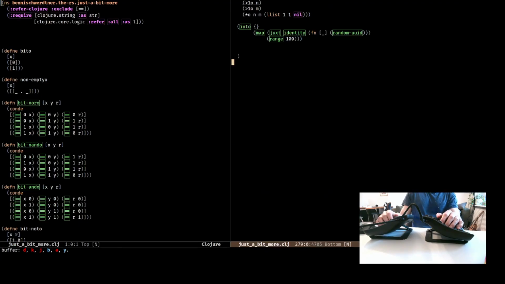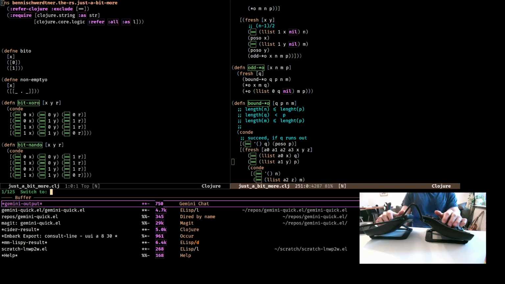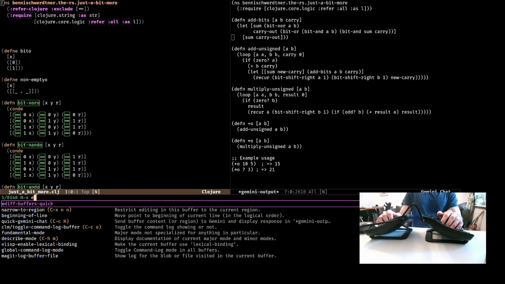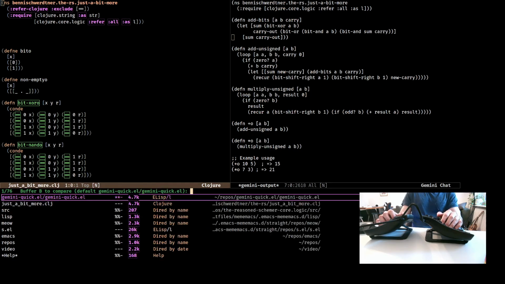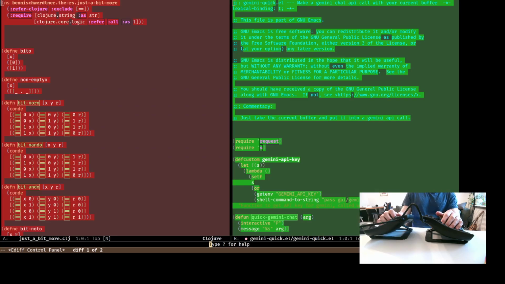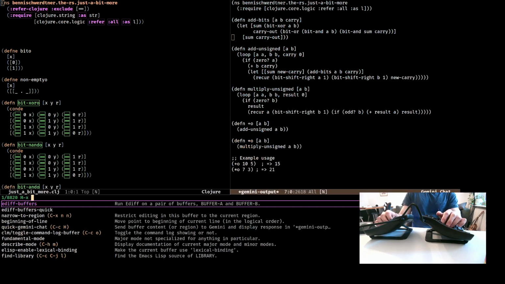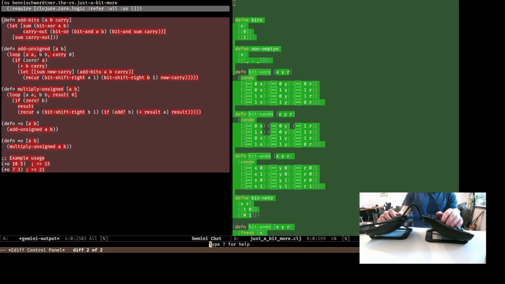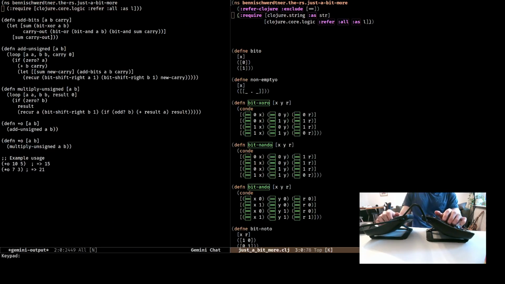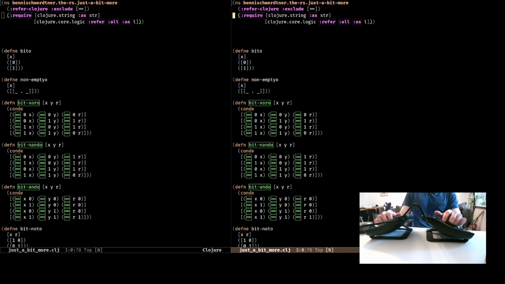Oh, this was the wrong thing. This command log thing is completely in my way sometimes here. Ediff buffers. This and this. Okay, didn't work so well here. Oh, this was not what I wanted. I wanted this. Ediff buffers, Gemini output, and this. Ah, yeah. This can actually be useful. Here it's not useful right now, but I did use this in a useful way just earlier,